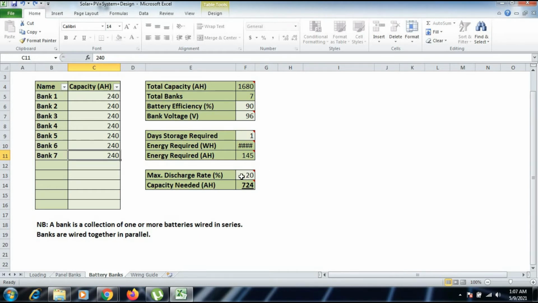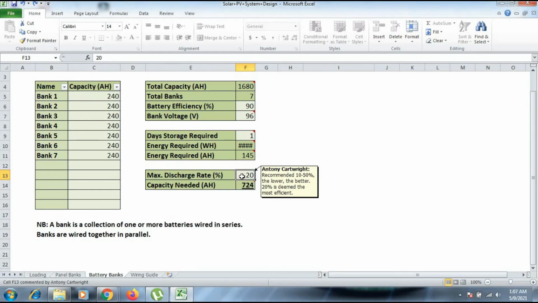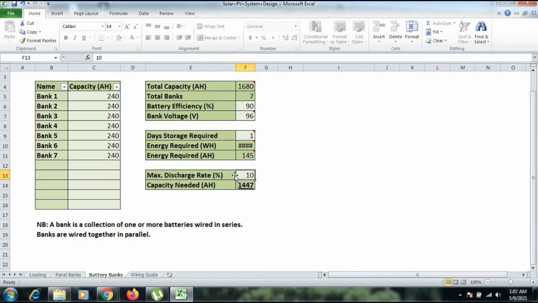You can vary this discharge rate from 10 to 50%, but making it higher will lower the battery lifetime. So 20% is the most efficient discharge rate to keep. Now you can make it 10%. If you are using 10%, the ampere hour capacity needed will be higher, because we are using an even lesser percentage of the battery. If you make it 30%, it will become lower.